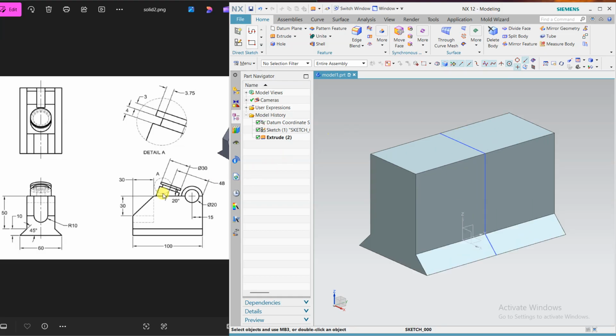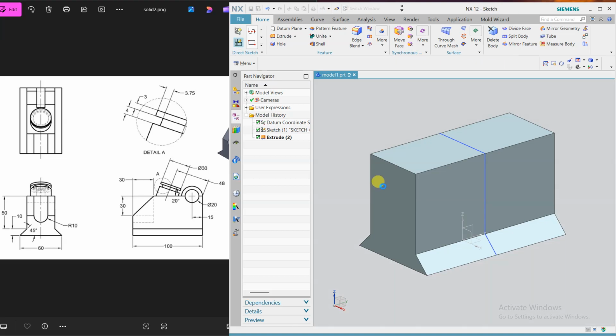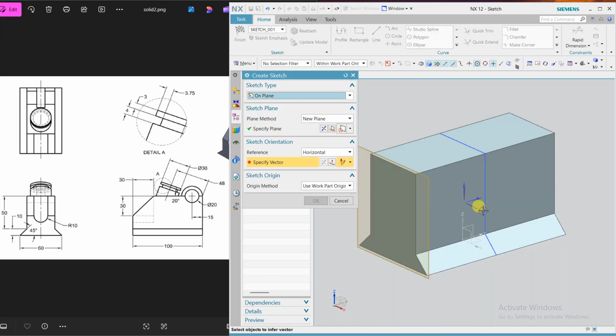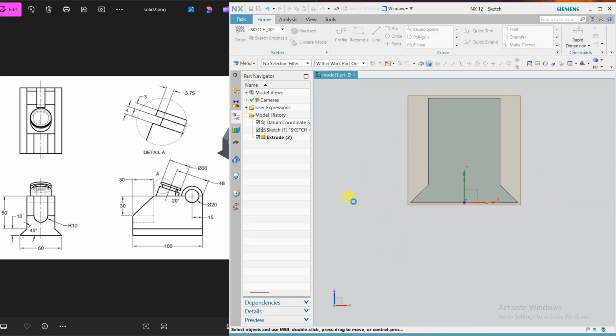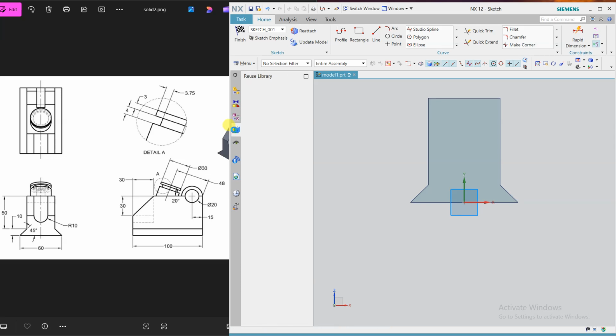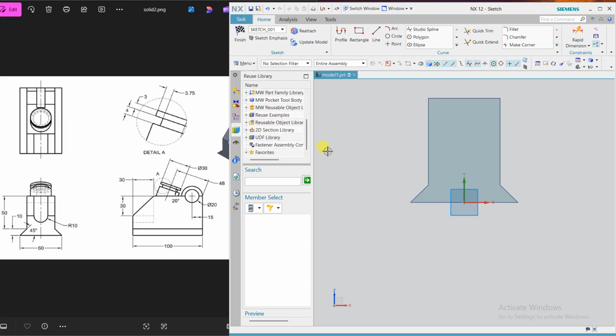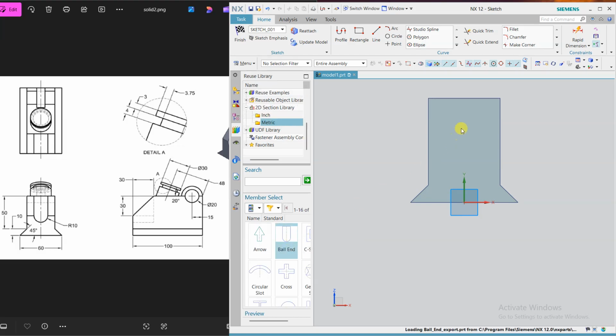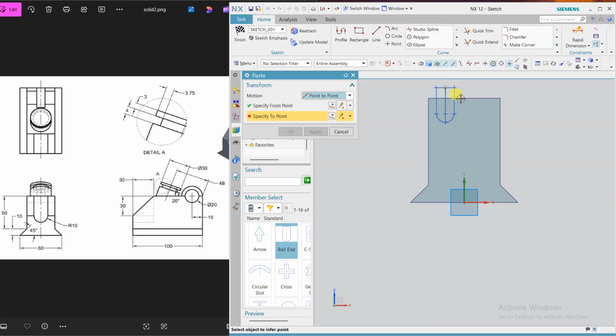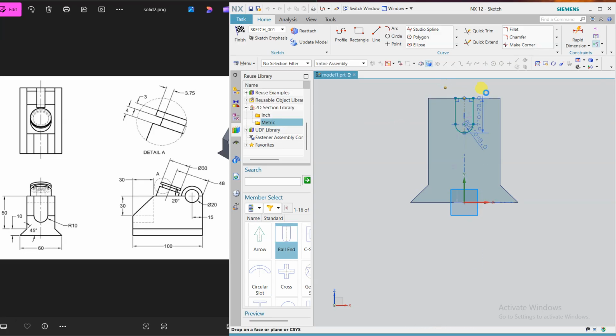Okay, now here if you see, we have a chamfer and one cut is there, so for this cut I'm selecting this face, select this face, click here. Okay, and for this slot we have a library. Come to this library and in this library 2D sketch metric unit, I want this, drag and drop and select this and point and okay. Now the placement is okay.